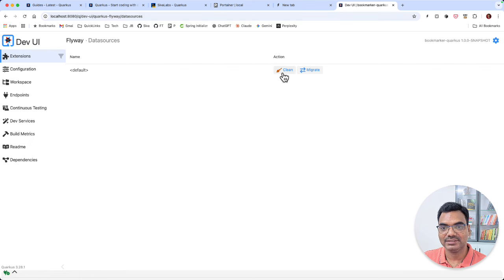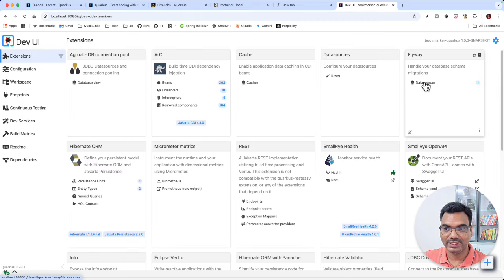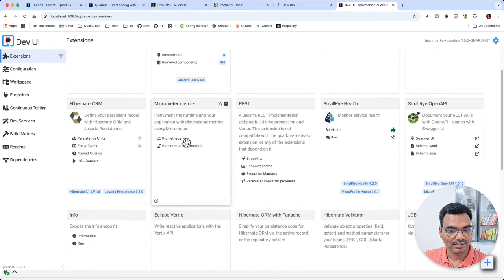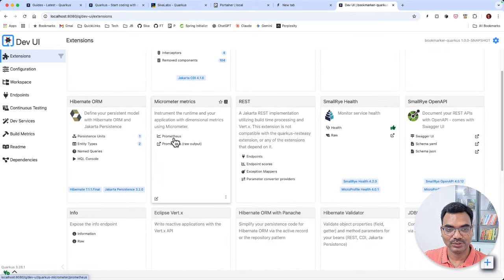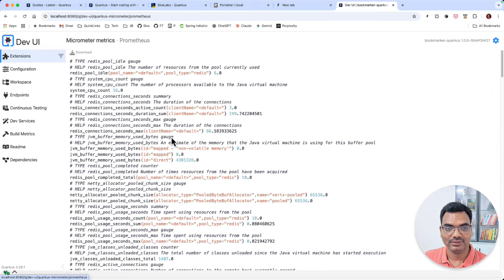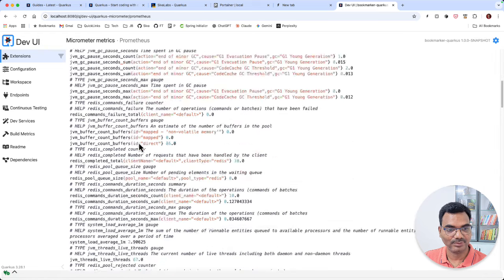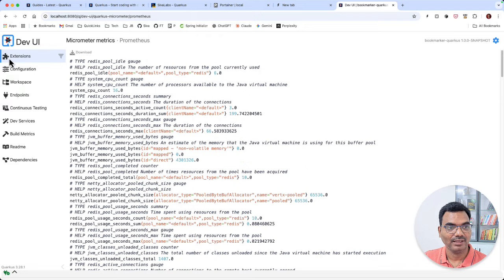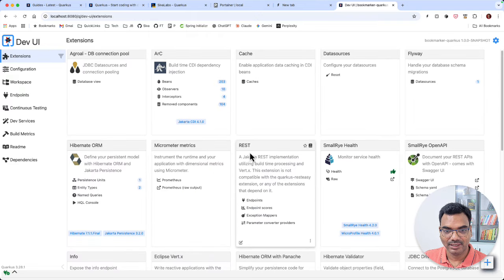And here you can see a couple of options. I can clean the database, or I can run the migrations again if I want to. So again, neat, handy. And here you can see we are using Prometheus for tracking metrics. Here, if you click on it, you can see all the metrics details here. Let's go back, and in the REST